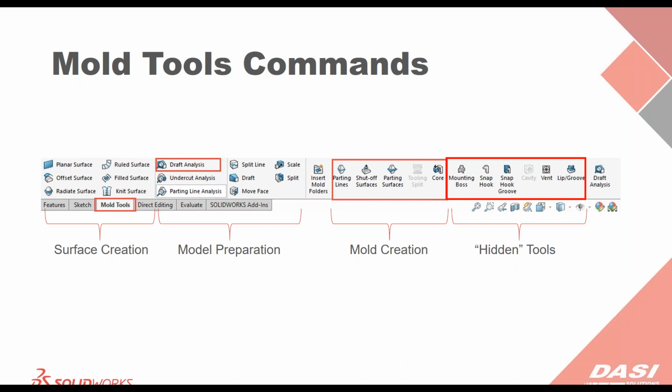Now what they give you out of the box with the mold tools commands is, first off, they break it down into a few sections, which I've highlighted here on the screen. The first one they give you is the surfacing stuff. So that's kind of a repeat of the tools or the commands that are included with the surfacing tab, but they put those in here as well because a lot of the stuff within mold tools does deal with